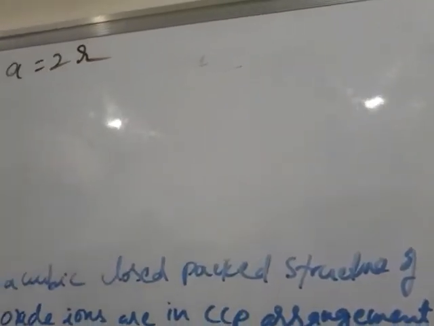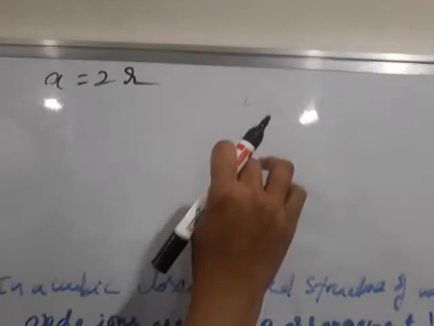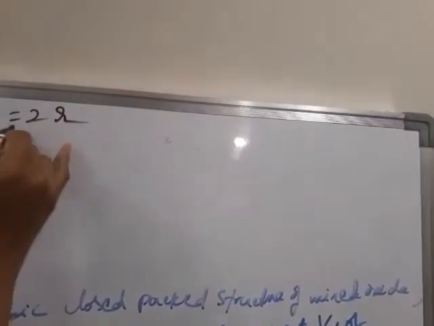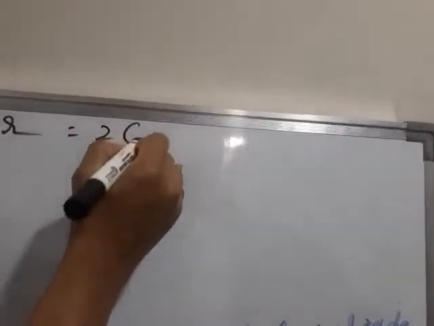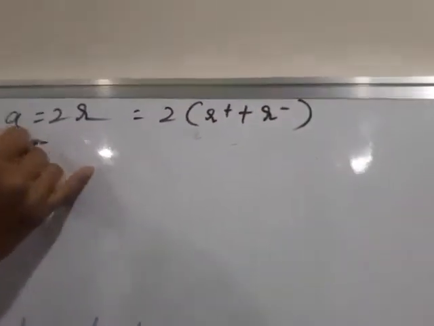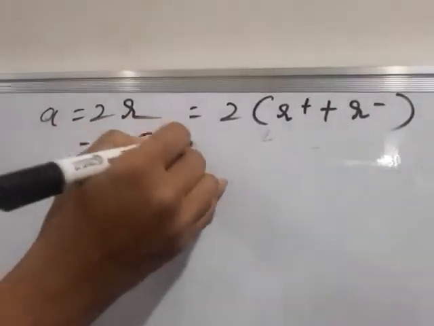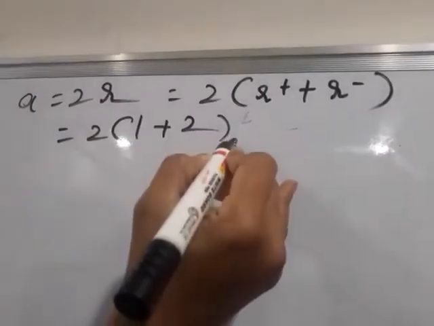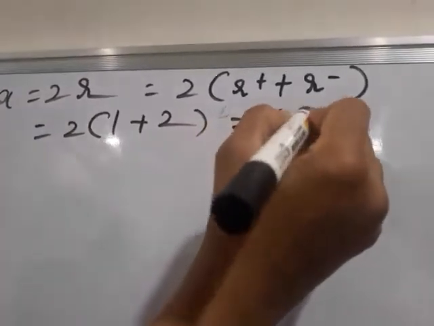Radius of cation plus radius of anion. Here the radius of cation is 1 picometer and the radius of anion is 2 picometers. So we can write this as 2 into r plus plus r minus. So 2 into 1 plus 2. So 2 into 3, that is equal to 6